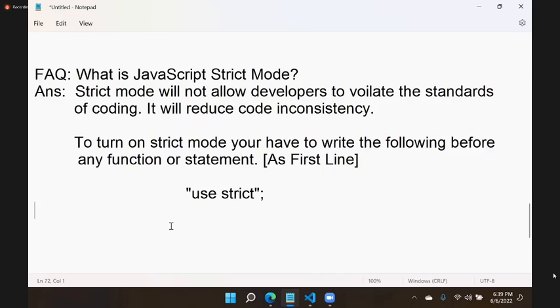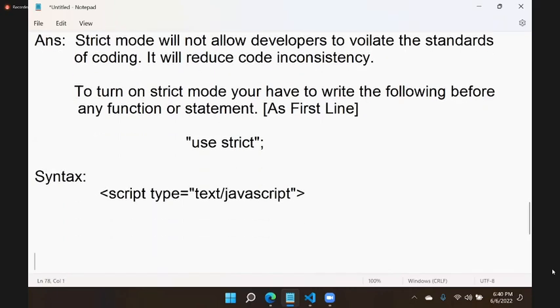Without strict mode of JavaScript also you can write. But the problem is it will allow you to violate the standards and write in your own shortcuts. That leads to a lot of code inconsistency. To overcome that, we ask developers to write in strict mode, right? So syntactically, when you are writing script type is equal to text/javascript, here we have to define use strict